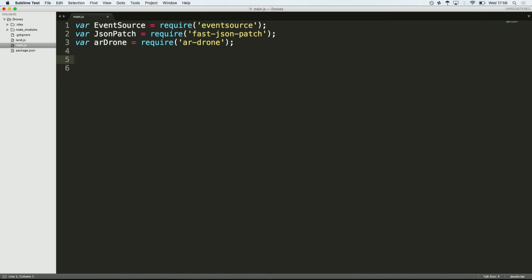So here it's a very simple node project. I got only 3 libraries imported. The first one is the event source library. The second one, JSON-Patch. And the third one is the API, the library I'm using to pilot the drone. So first of all, we are going to create a drone client by calling iRdrone create client with an options object, which we are going to define there and say options.ip equal